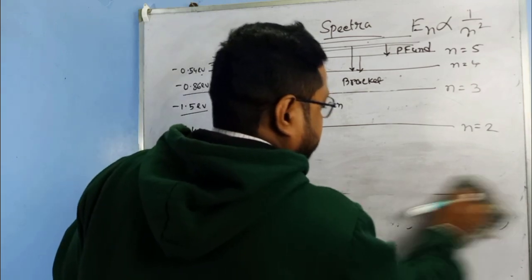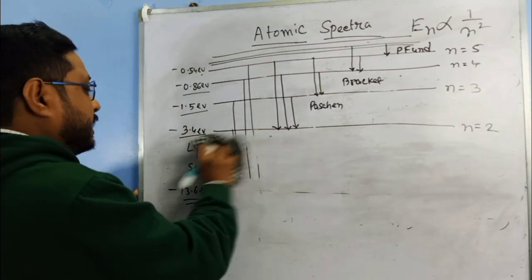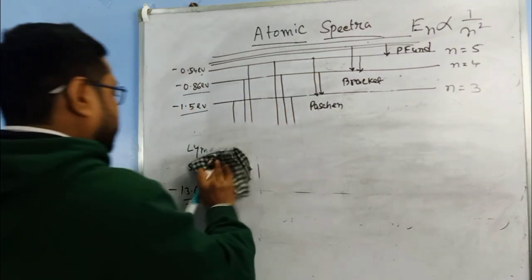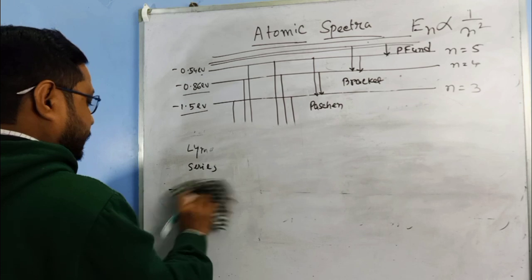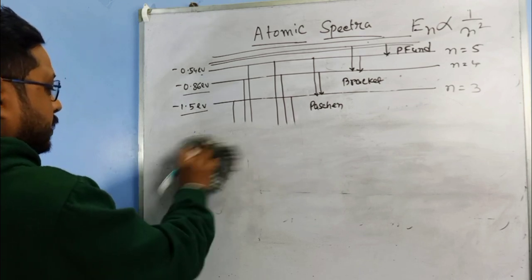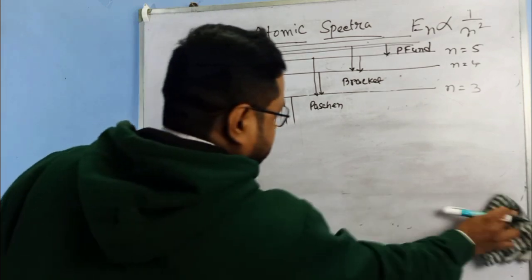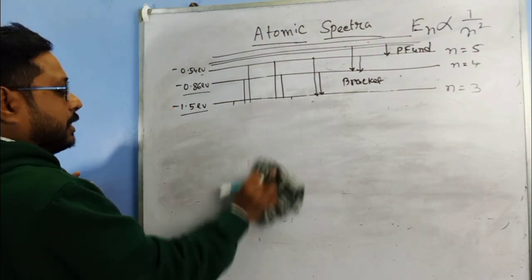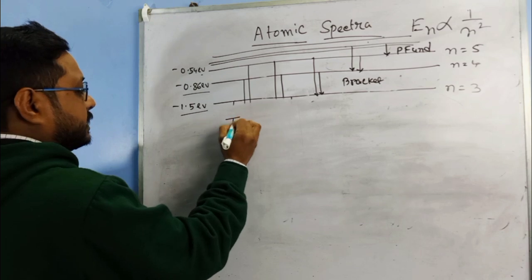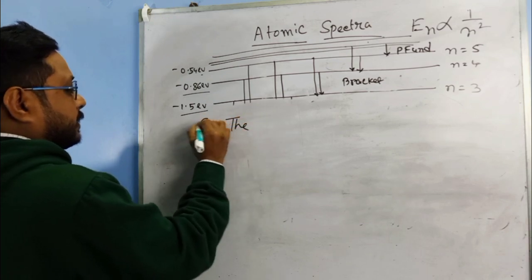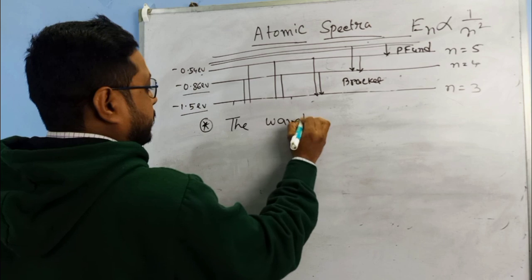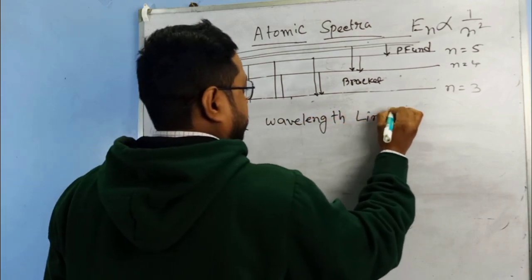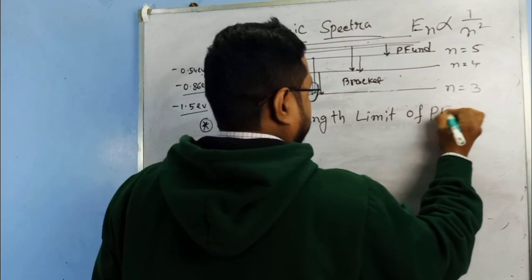If we go with this numerical, the wavelength limit of Pfund series, how much is it? So you can see that the wavelength limit